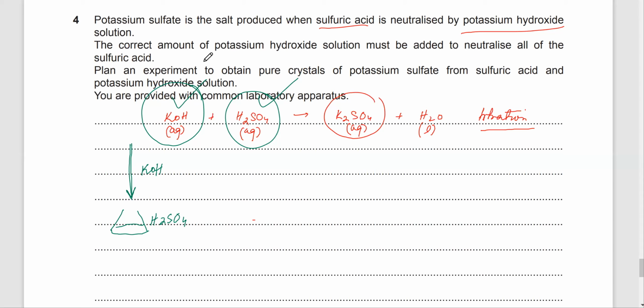So in the paper you will explain, you will say that KOH is added to the burette, H2SO4 is transferred 25 cm³ through a pipette into a flask. I said then you add drop by drop. Immediately what will happen? When KOH is added to H2SO4, the salt and water is produced.